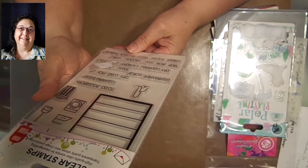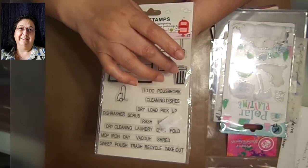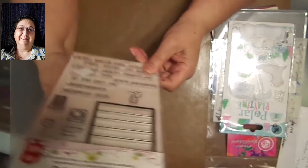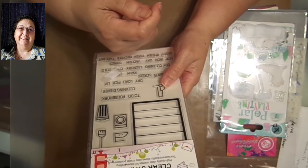Okay, I guess that's only three. But isn't that cute? That little vacuum cleaner, washer, a cup, broom, and iron. I don't know too many people who iron nowadays, but this was cute. I'm gonna make some of these in like a little sticky notepad type of situation thing, and I hand them out as